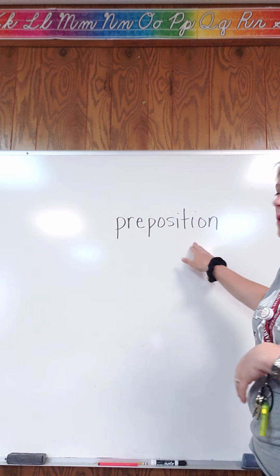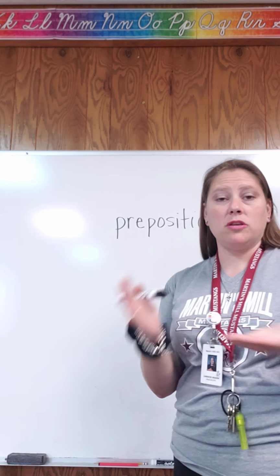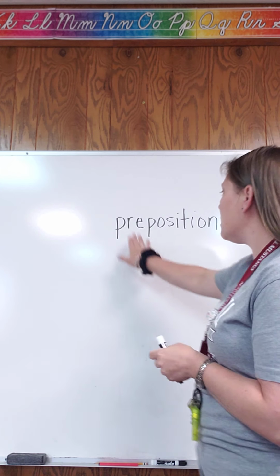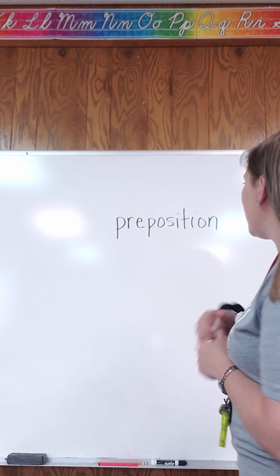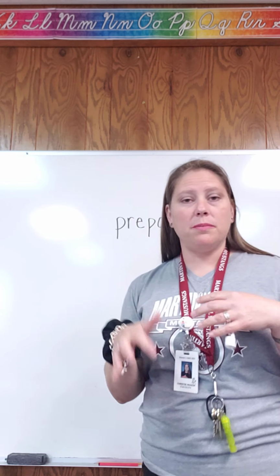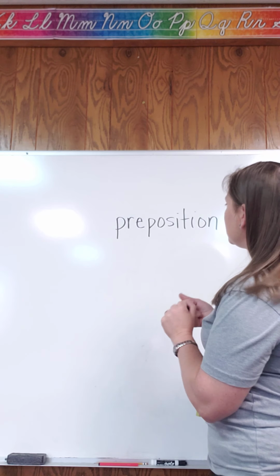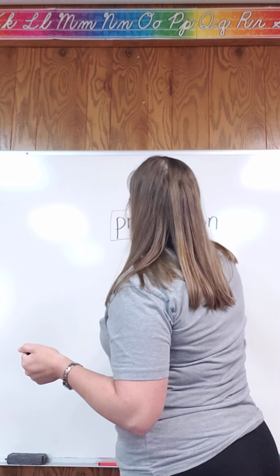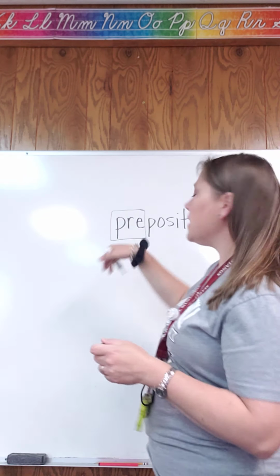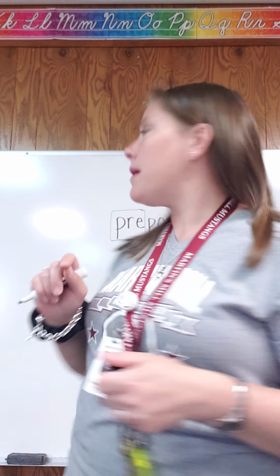Okay, here's the word preposition right here on the board. Now, if you look at that and you start thinking about how you would code that or break that down, you might think, well, I see prefix pre, okay? I see final stable syllable TION there, all right? So that would help you to begin to break down and pronounce the word. If you look at the word, it does have prefix pre, and it's left with the word position at the end, okay? Remember, pre does mean before, so that's not a major factor in the word preposition, but